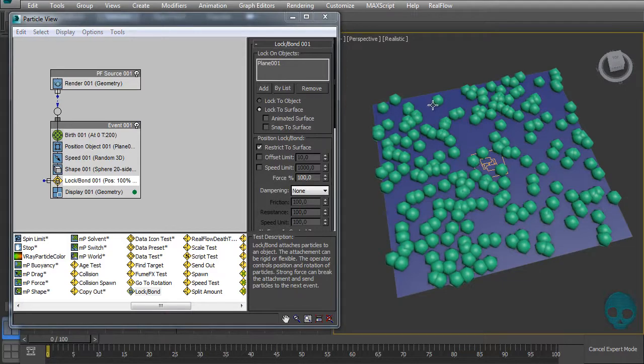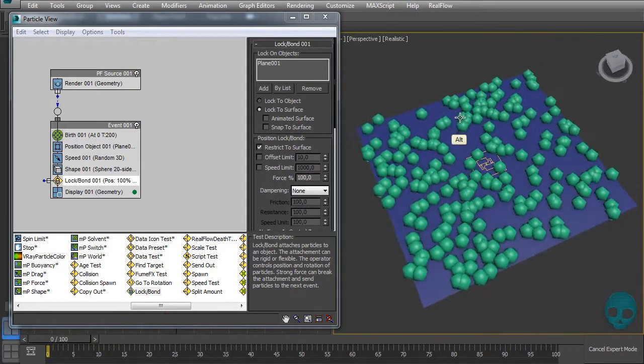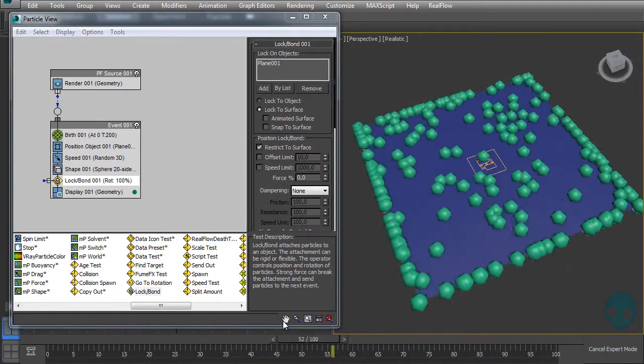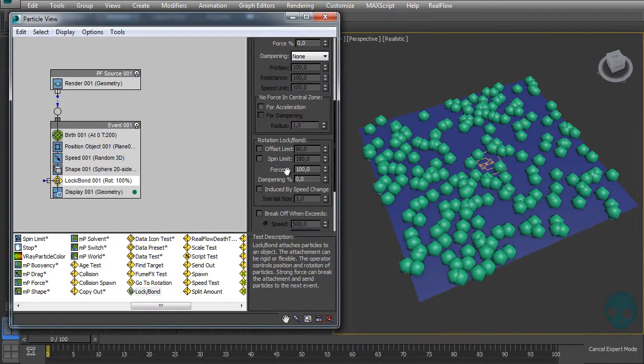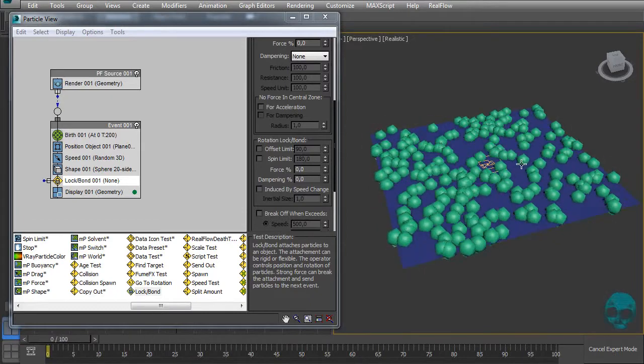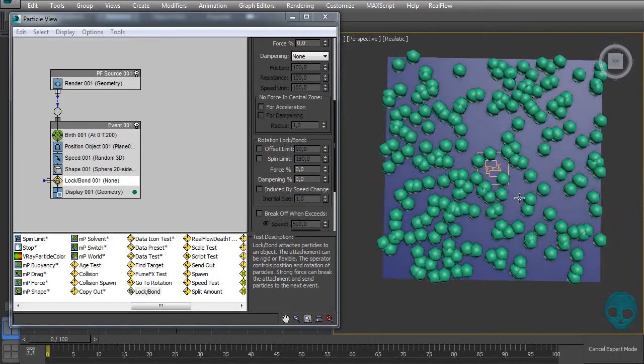This way the particles will be locked on this surface, and it will be restricted to the surface so it stays on the surface, with zero force here on the position lock bond, so it can run freely on the surface. And just in case, let's switch the rotation lock bond as well to 0 so it doesn't get locked in any way. Okay, now the particles are running freely, traveling freely on this object surface, but they are